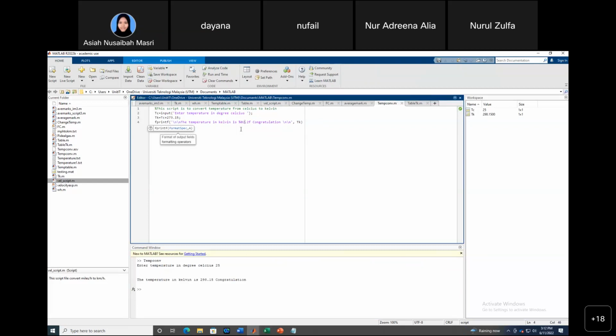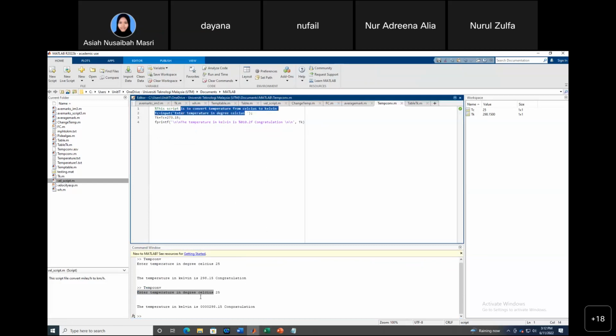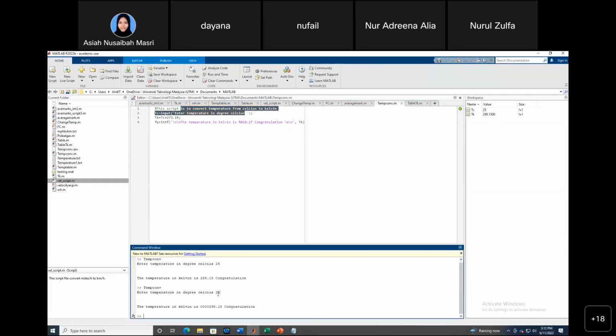2 is smaller. Say, call upon again. 5. See? So when I call upon 25, call upon the file, temperature conversion, they ask to enter temperature in degrees Celsius. That's what I have written here as an input. And then I write 25 degrees. See? The output would be